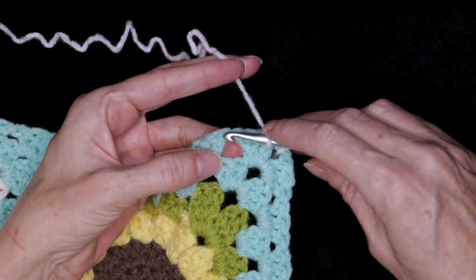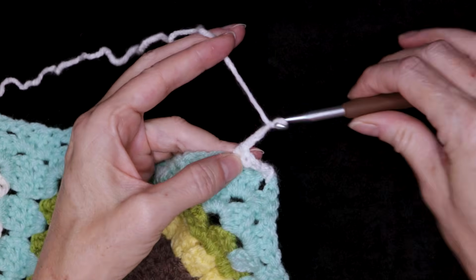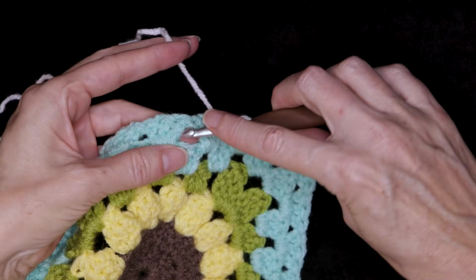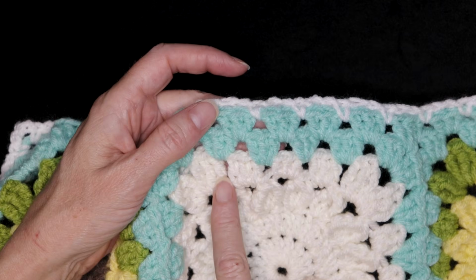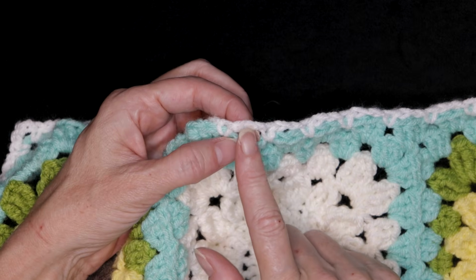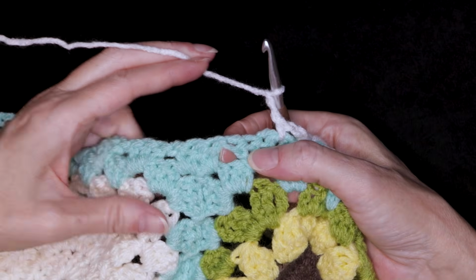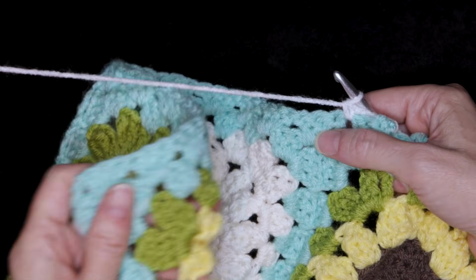Into this next space, 1 single crochet, chain 2, 1, 2. Into the next space, 1 single crochet, chain 2. Into the next space, 1 single crochet, chain 2. If your granny squares are made with a chain in between your sets of 3 double crochets, you can do a chain 3 instead of a chain 2. Now you can pause the video and keep working along, doing a chain 2, 1, 2, and a single crochet into the space, all the way along this edge of your blanket,